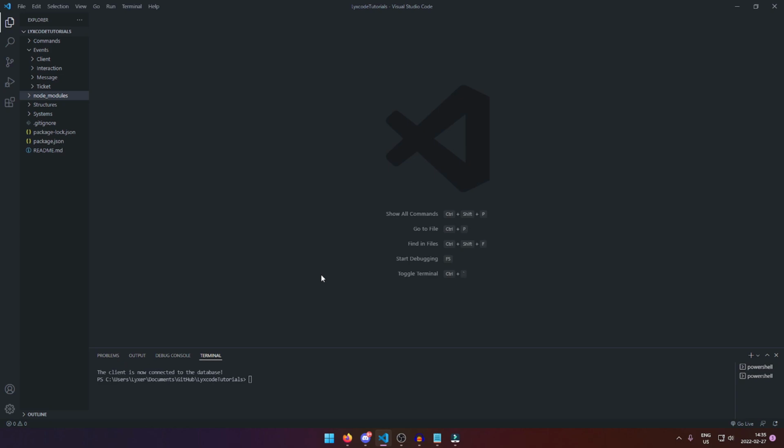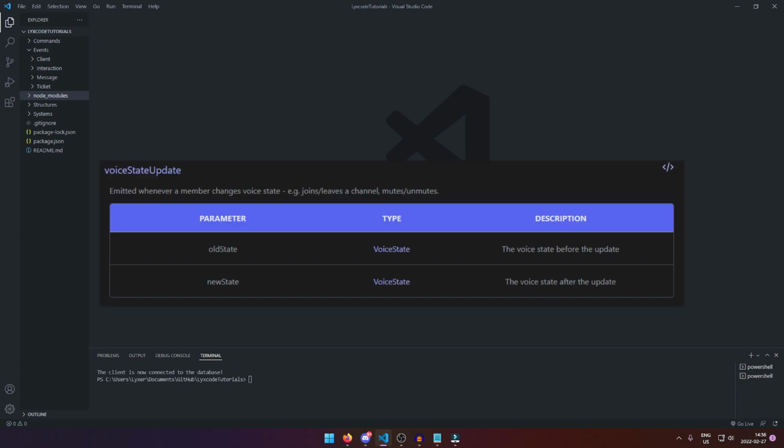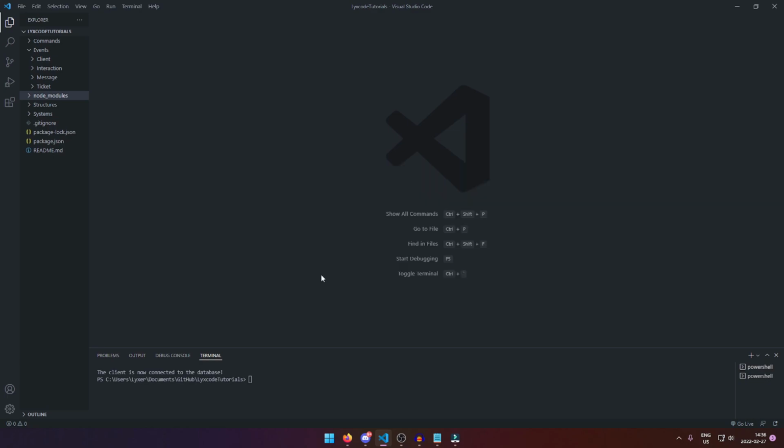Alright, so to be able to do this, we need to listen on the client event voiceStateUpdate. Now, if you look at the documentation, by listening to the event, we will receive oldState and newState objects from it. Old state obviously being the voice state of the member prior to the new state. Alright, so now that we have understood that a little bit better, let's go to our events folder,